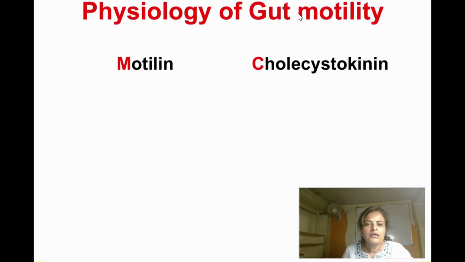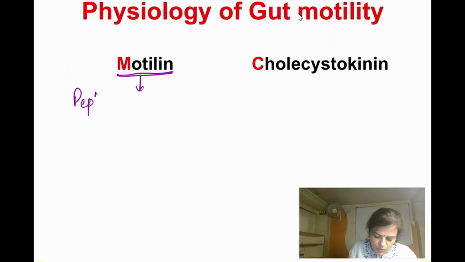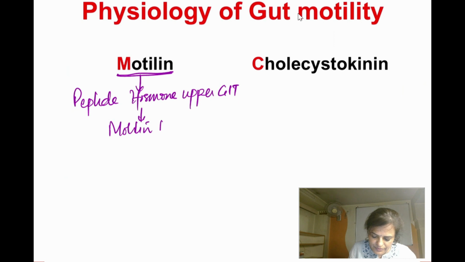Now coming to the other things, what are the other hormones which can participate in gut motility? So one is motilin. Motilin is a peptide hormone from the upper GIT. It acts on the motilin receptor. By acting on the motilin receptor, it causes a stimulation of that receptor, and with the stimulation of the motilin receptor, what is it going to cause? It is going to induce gut contraction,